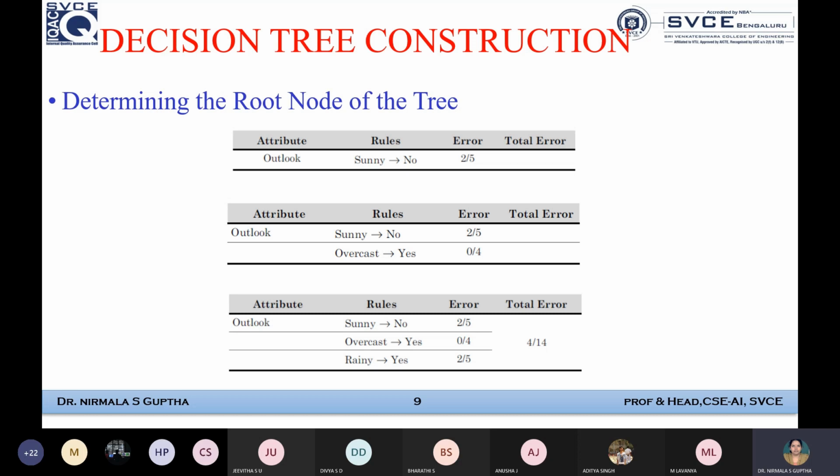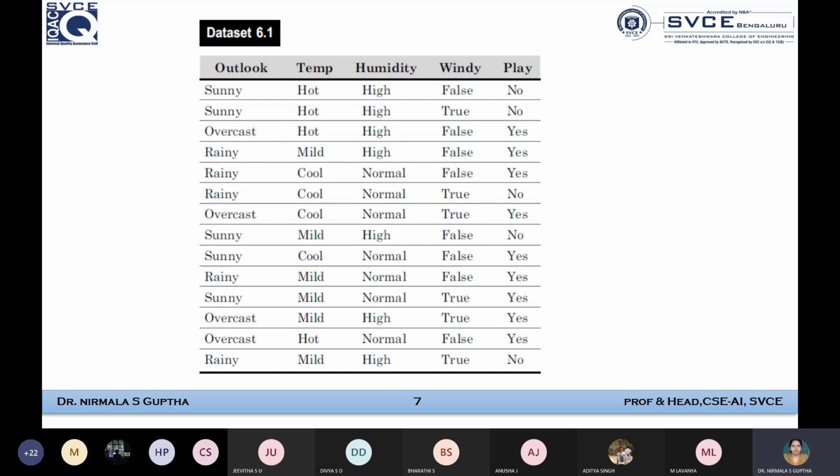Now, let us come back from our organization to our syllabus case study, which is an outdoor play case study. So when we see the data sample, let me go back to the data set. Okay, this is the data set. When we look at this data set, what are the choices we can make based upon these variables, and how many variables does it require for us initially? Anybody could answer? Answer my question. There are 5 variables, 5 attributes given in the data set: outlook, temperature, humidity, windy, play.